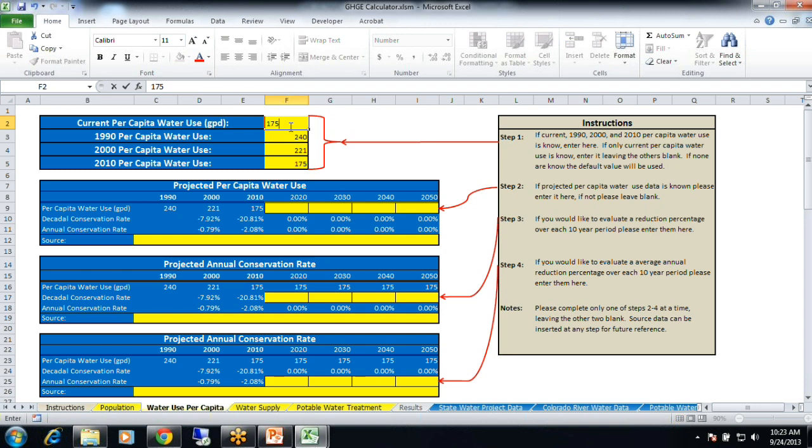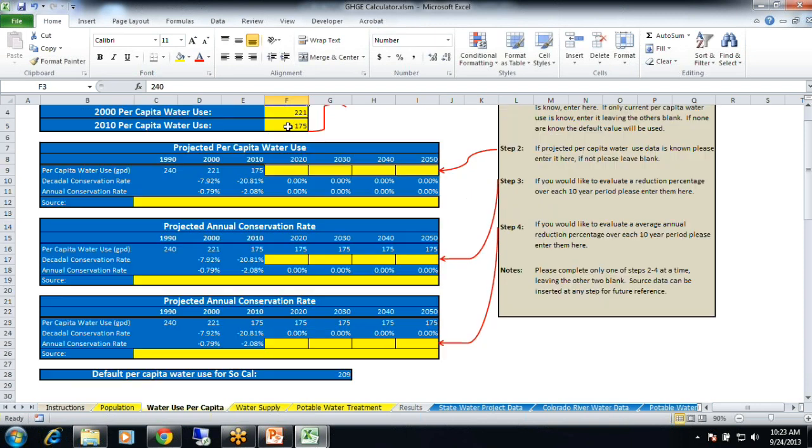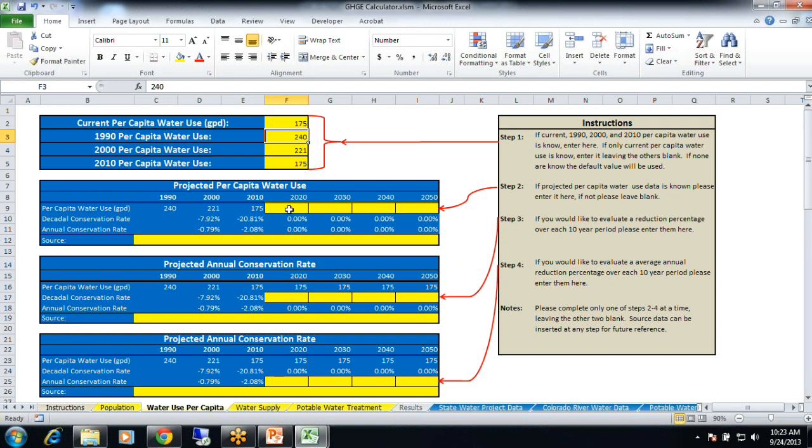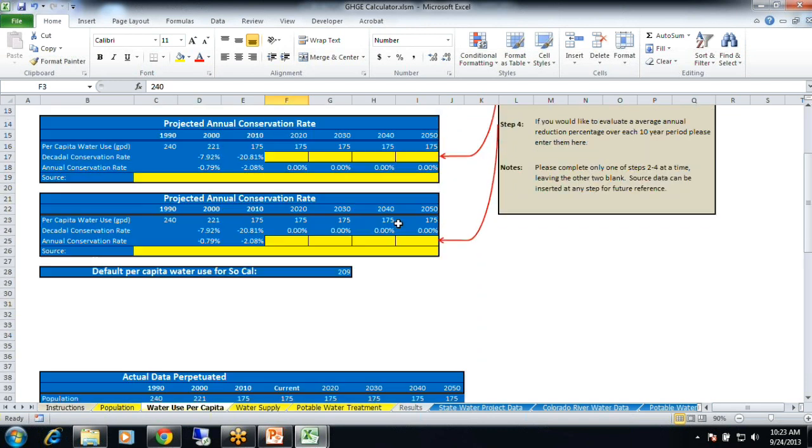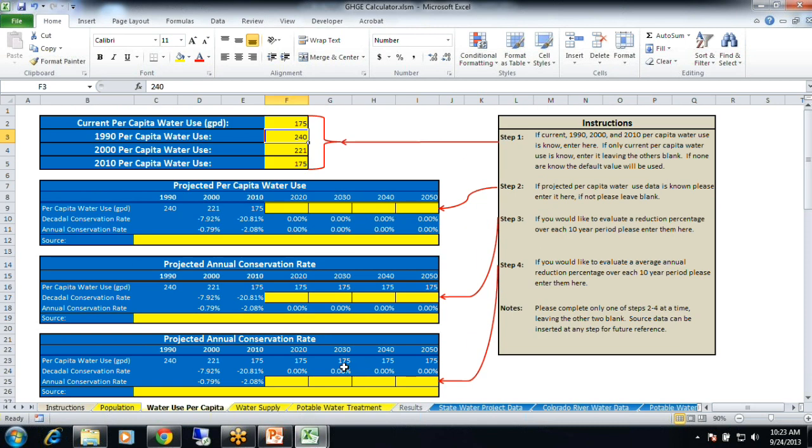And the present is 175. So if you think, okay, well, that's all I know. I don't know about the projected per capita water use. So you'd think, well, it's probably just going to go back to the default. But that's not the case, because your site-specific data says that currently your per capita water use is 175. So that's a better estimate of what's going to happen into the future. It's likely going to go down. It's not likely going to go up. And worst case scenario, it stays the same for gallons per capita.